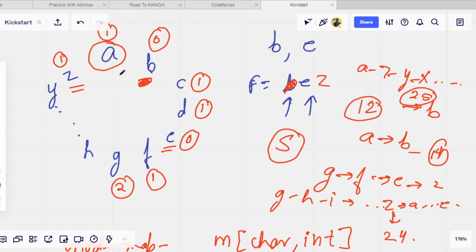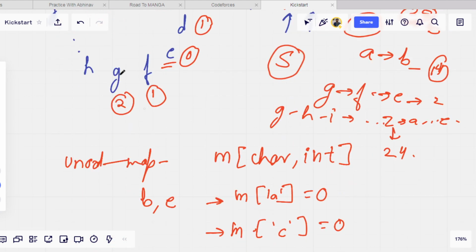And how many operations are required for Z? If we move clockwise, it will require 25 operations. But if we go anti-clockwise, it will require just one operation. So we will take just one. To convert A to Z, it will just take one operation. So we will check both anti-clockwise and clockwise, and we have to take the minimum value. Fine. So basically, this is what we have to do here also.